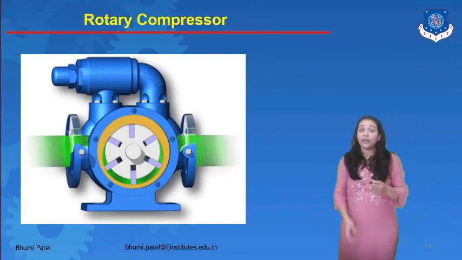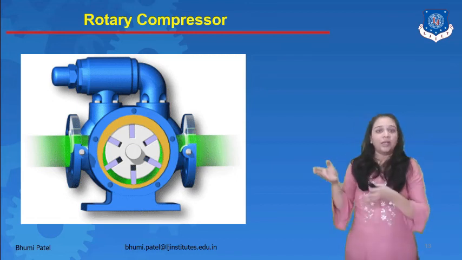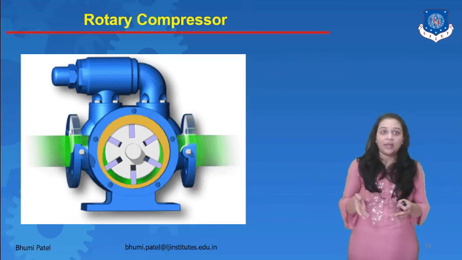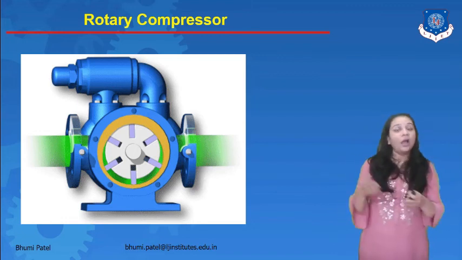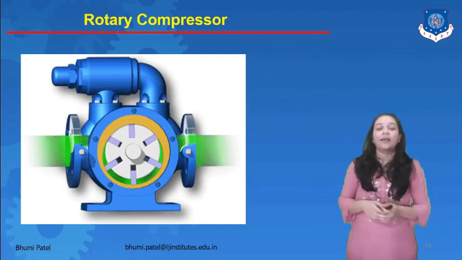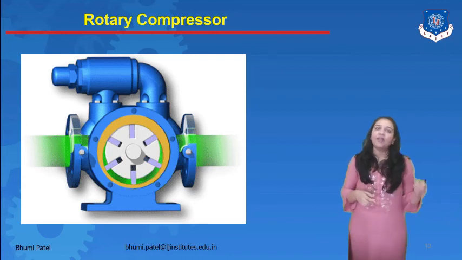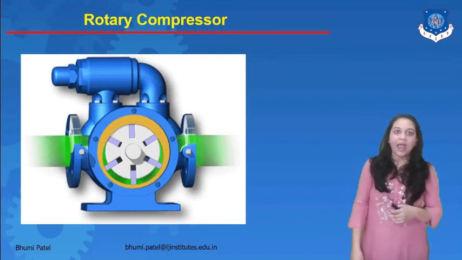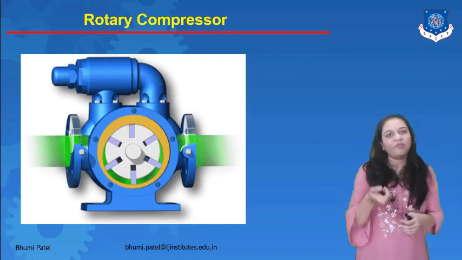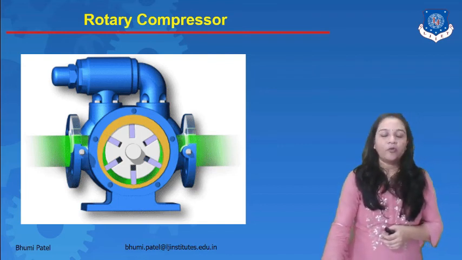Here you can see that the green line indicates the inlet to outlet flow, how the flow is connected between the inlet and outlet. Between the inflow and outflow we connect a sliding vane in rotary motion, and whenever the pressure is high, the vane is rotated anti-clockwise and we get the outflow.